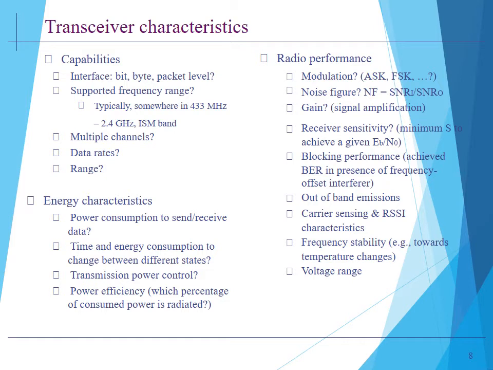The frequency stability towards temperature variation denotes the degree of variation from nominal center frequencies when environmental conditions of oscillators, like temperature or pressure, change. The last performance parameter for radio transceivers is the voltage range. The transceiver should operate in a reliable mode over a range of supply voltages. Otherwise, inefficient voltage stabilization circuitry will be required.